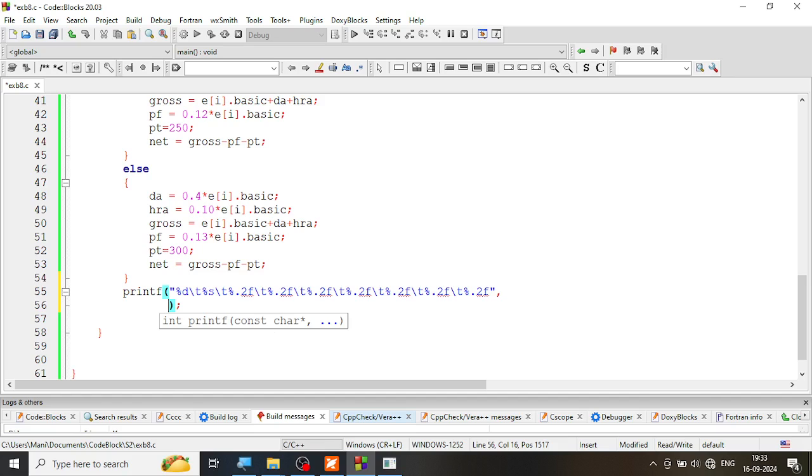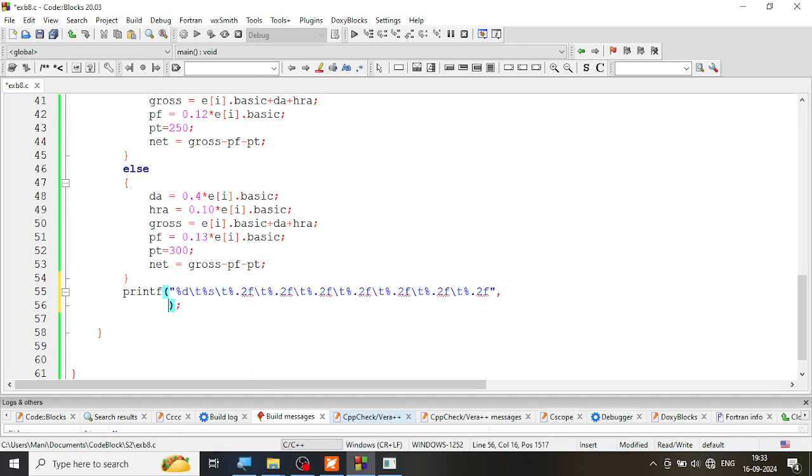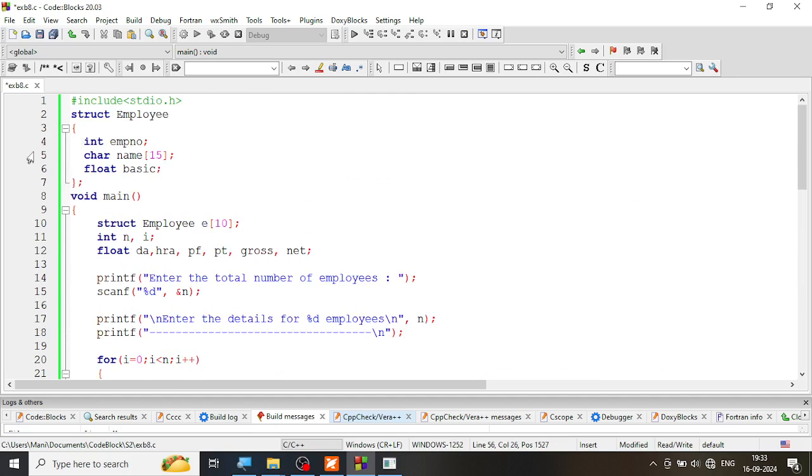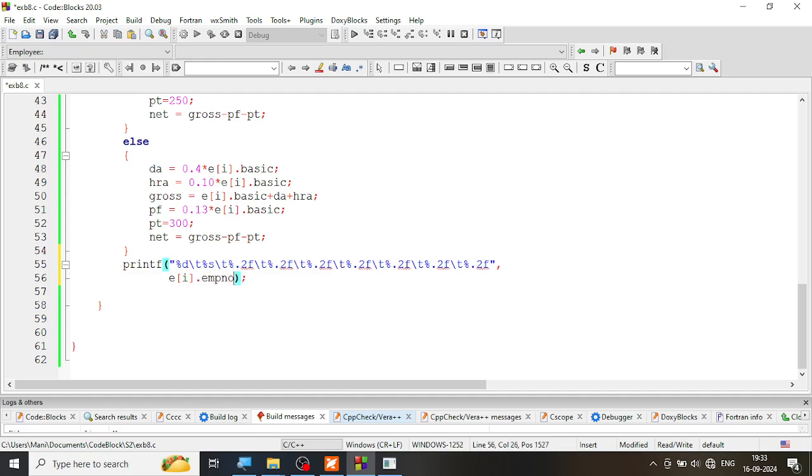First, this part is for the employee number. So this, you know very well, is the employee number. Employee number must come here. I'm talking about the ith employee. So I'm going to say E of I dot EMP number. What is this EMP number that I have typed? It is the employee number. This is the one that I'm typing here. So this is over. Next one,